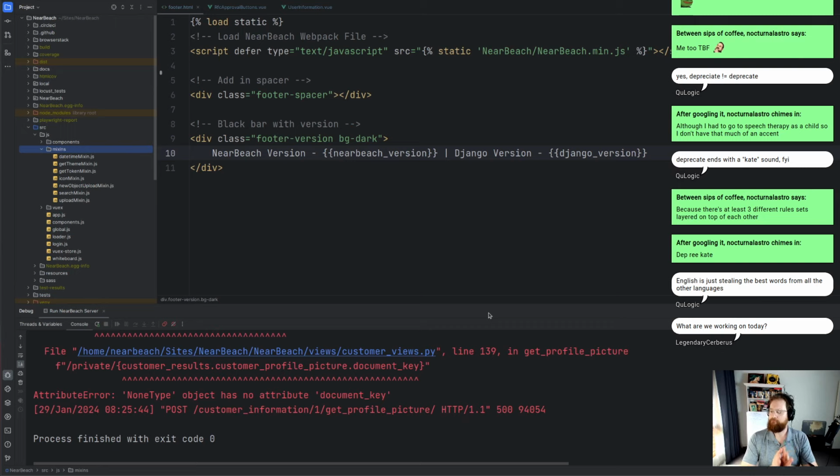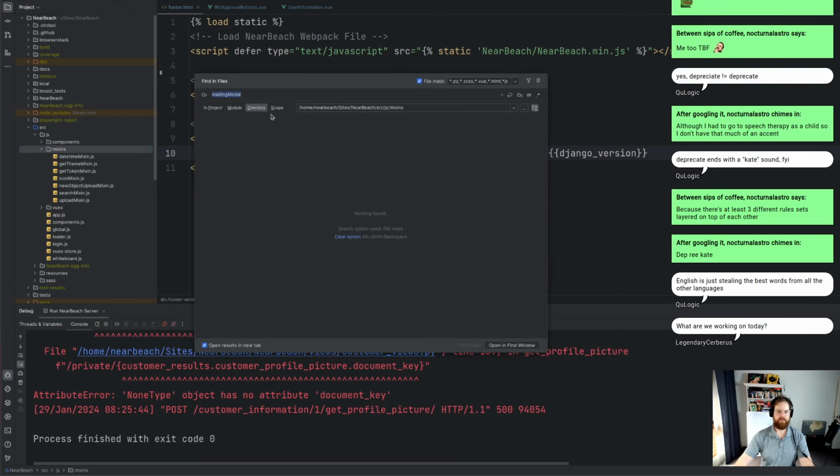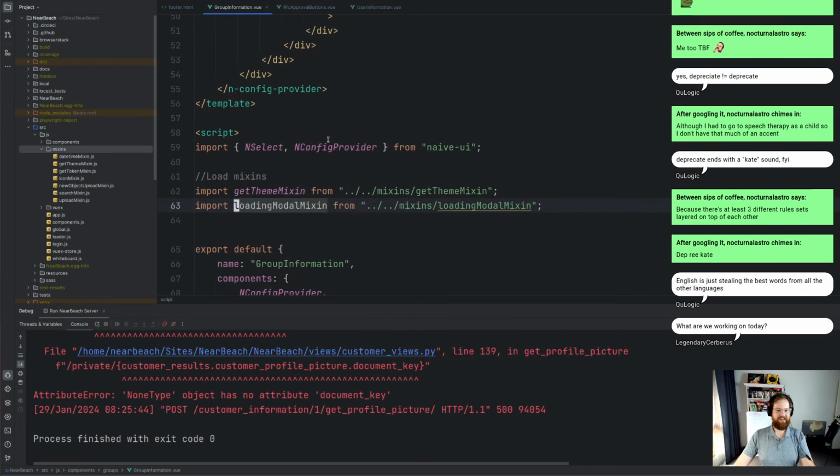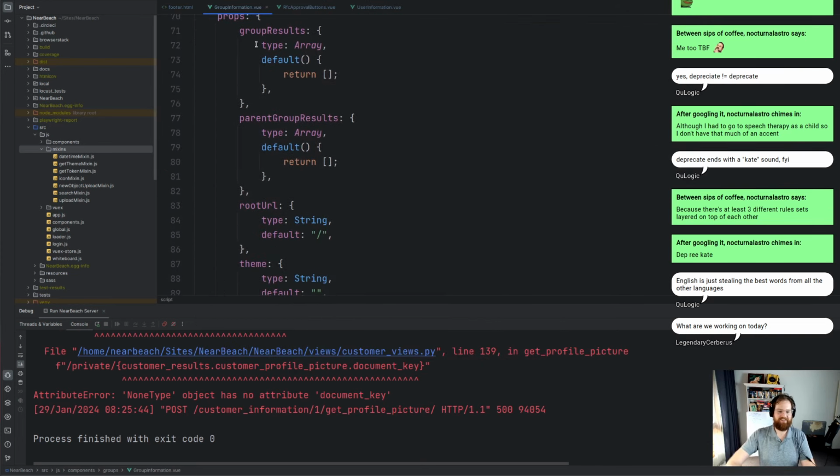So yeah. By the way, QLogic, I think it's a third of the English words you can stem back from French, or they're literally just French words. Which is why spelling is just at times. Just